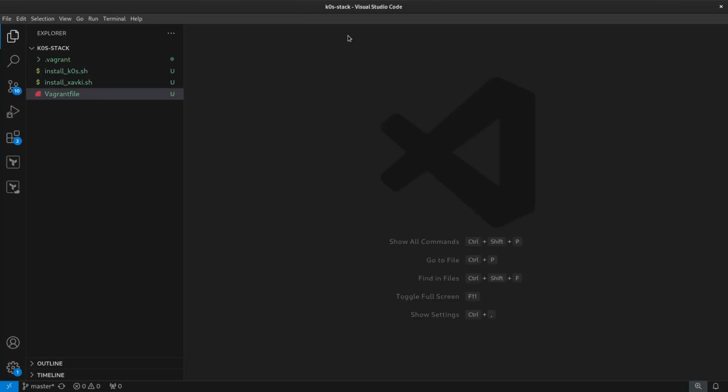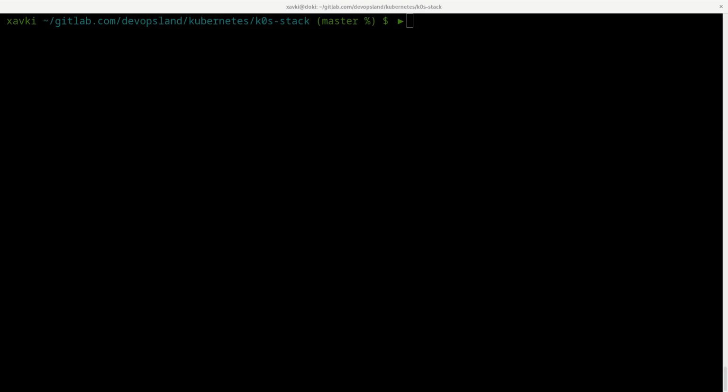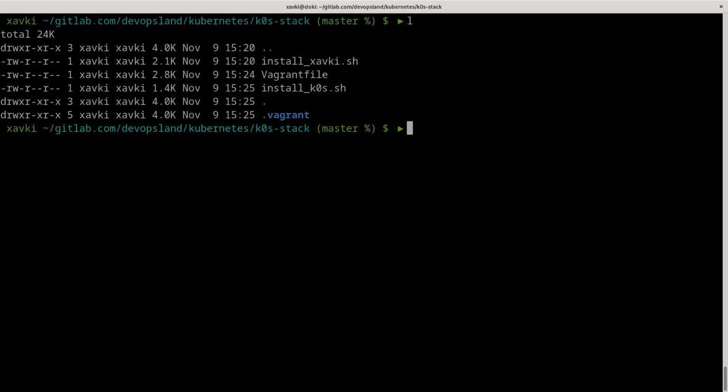So to have it automatically, what we have just before here, we have some files, and this directory is automatically added by Vagrant, so don't take care about it. And aside of it, we have the main file, which is the Vagrantfile with uppercase here.